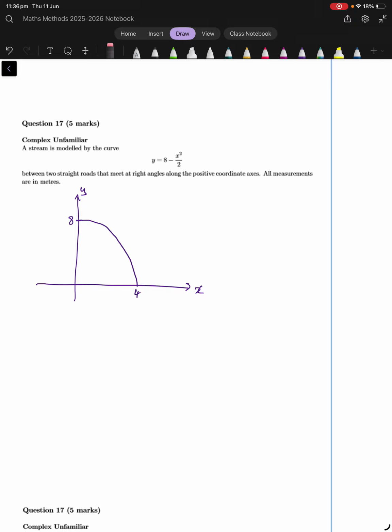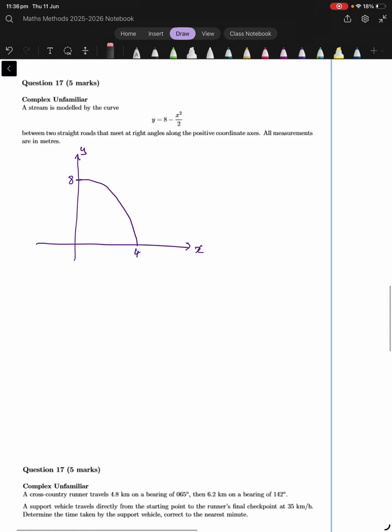All measurements are in meters. Oh, it didn't actually tell me what to do. Let's assume they want us to find the area, because I think that seems pretty sensible. Well, they're actually talking about an excavated volume in the answers, but whatever it was. Oh, undo that. Don't know how I did that. So this area here,